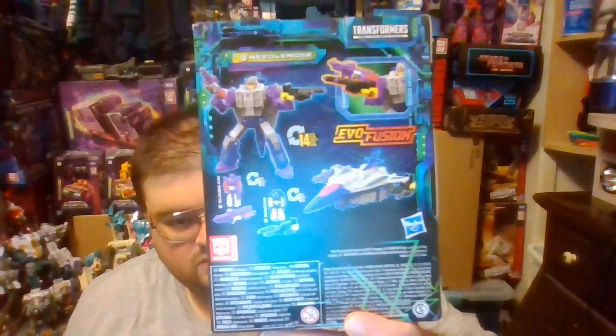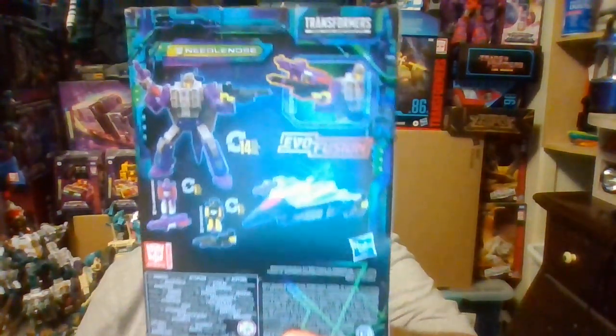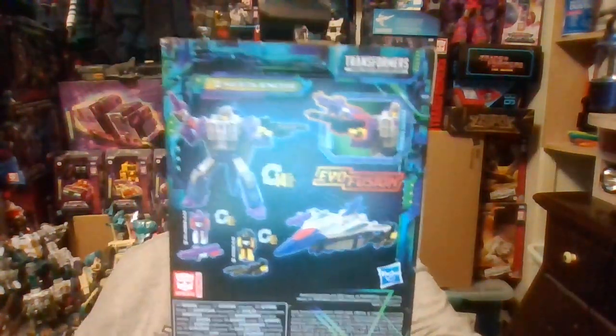But one thing that I will point out, that some people have pointed out, is that back in 2019, when the Transformers Siege line was being launched, Needlenose was one of the characters that fans could vote on to be given a deluxe class figure in the Siege line. The character who ended up winning the vote was